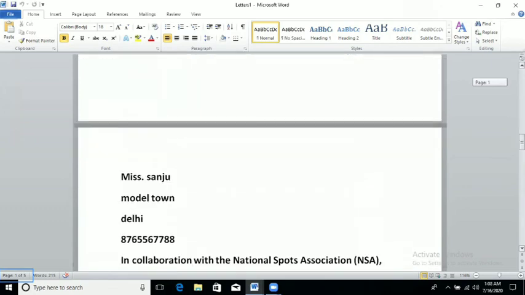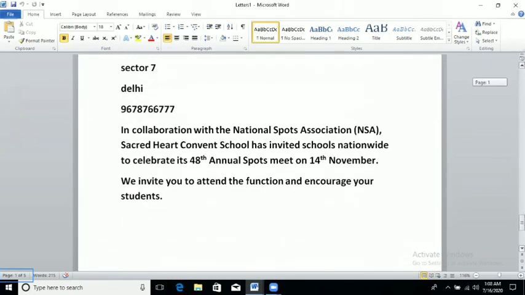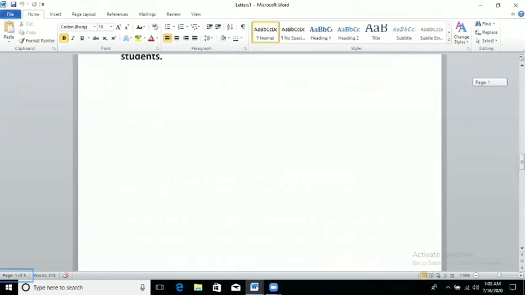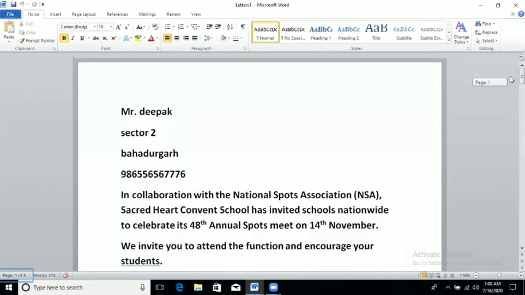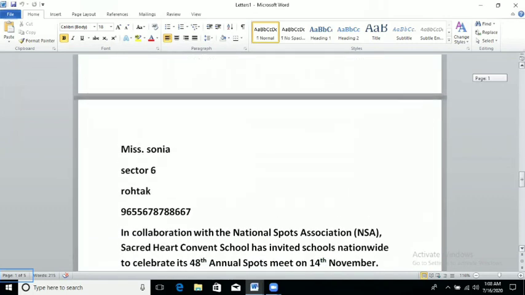Same now, Sanju, Sonia, you can see here. And the next one is Tanuj. So 5 pages, 5 letters are here, according to the data source. This one is for the first, this one is for the second, and the fourth one is Sonia.